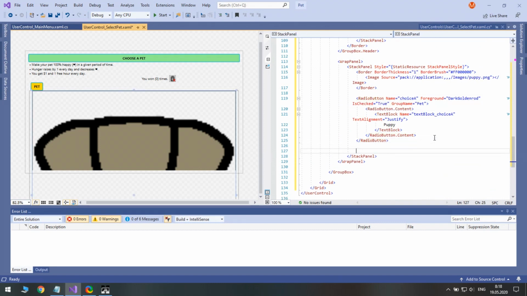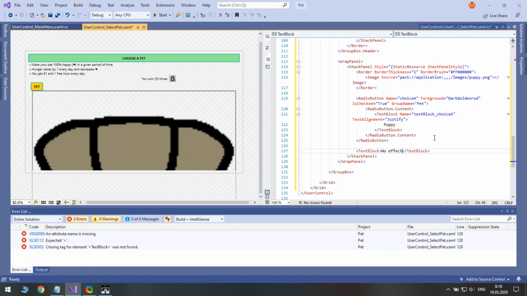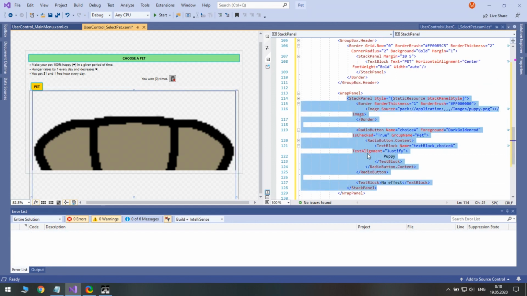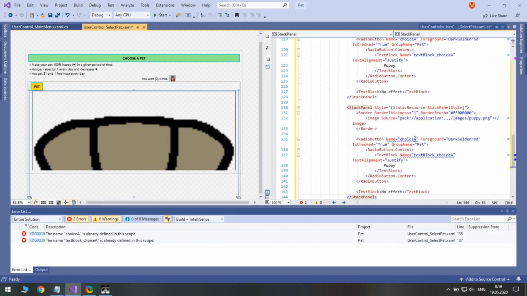We also need a text block to describe the pet. The puppy will have no effect. The first tag panel is finished. Now we can duplicate it and make a few changes.